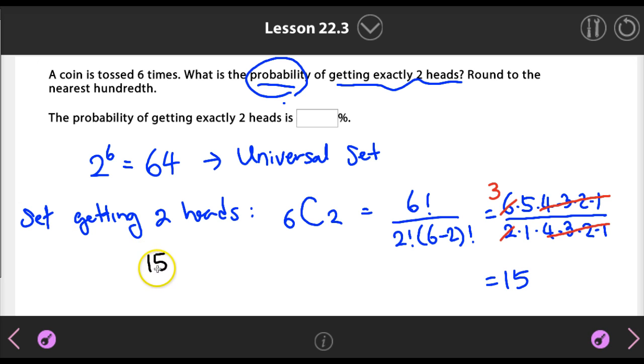Because that's the probability we're looking for. But this is out of how many different kinds of options? Out of 64 different options. And if you want to find the percentage, you have to always multiply by 100. And then I go to my handy dandy calculator and I get